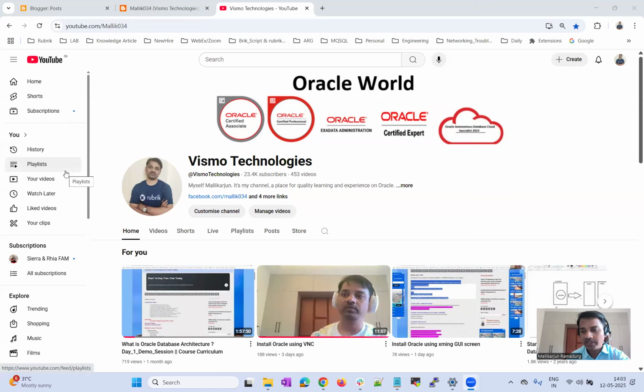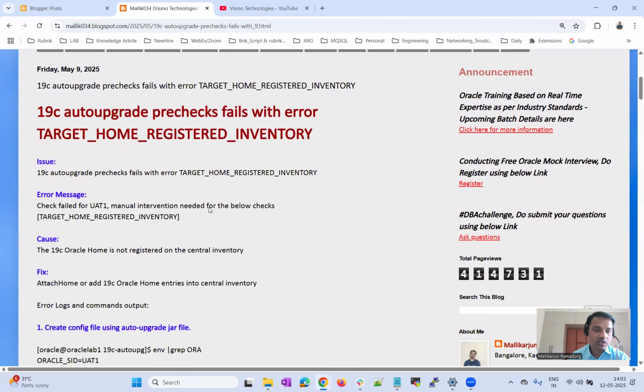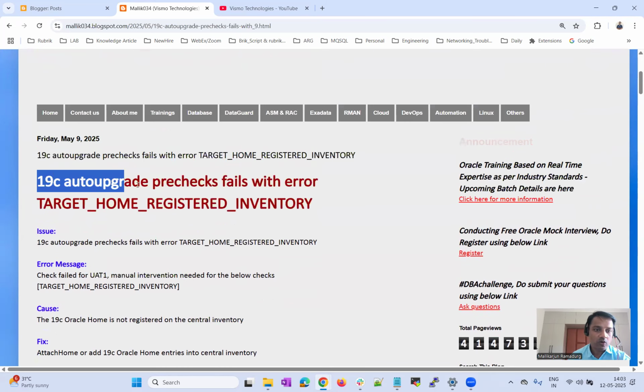Here with a quick demonstration on one of our 19C new features. While doing the database upgrade for one of my lab exercises, we hit this particular issue. I'm going to demonstrate in detail what the issue is, what the root cause is, and how we were able to fix that particular issue. Right. So for the people who don't know about 19C AutoUpgrade, it's a new feature in 19C